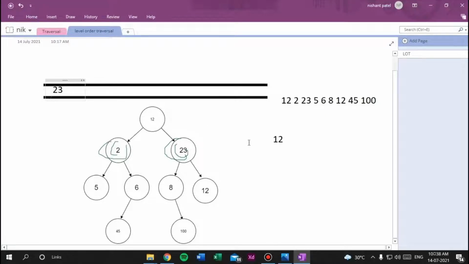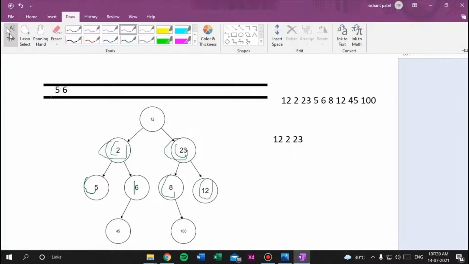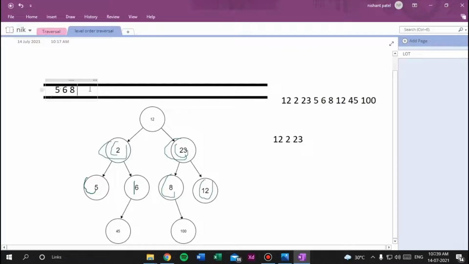Then we will remove 2, add it into the output, and check whether left or right of 2 is null or not. No, there are 5 and 6, so we will add 5 and 6 into the queue. Then we will remove 23 and add it into our answer, and check the left and right of 23, which is 8 and 12, so we will add 8 and 12.